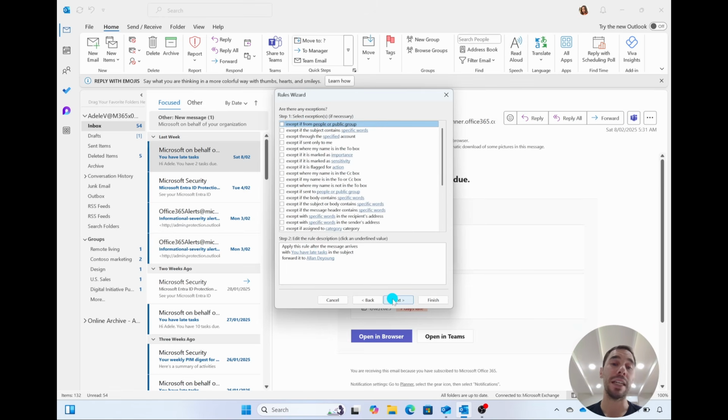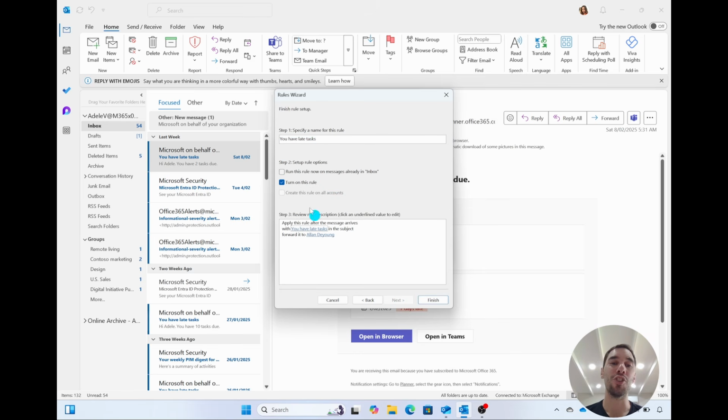You can create any exceptions here. So it could be except if there is an attachment, except if it's marked as important, whatever it may be. You can choose to add these exceptions, but I am going to keep it pretty simple, no exceptions for today. Then I'm going to go Next, and then I can choose to turn on this rule,